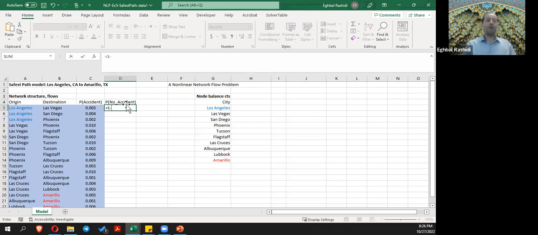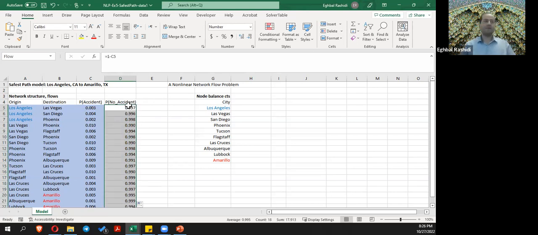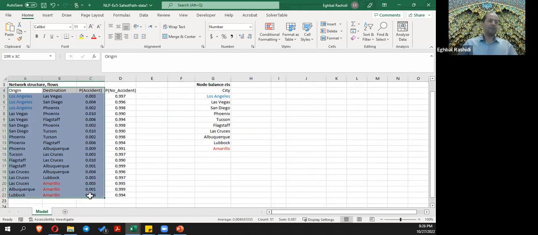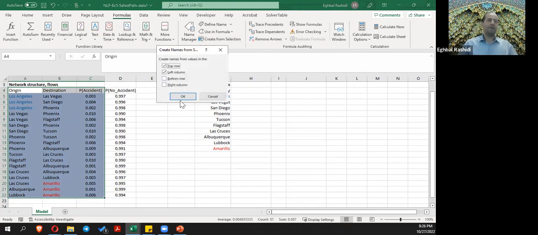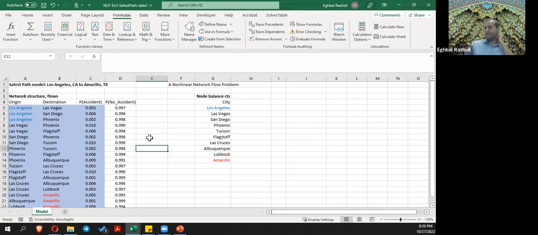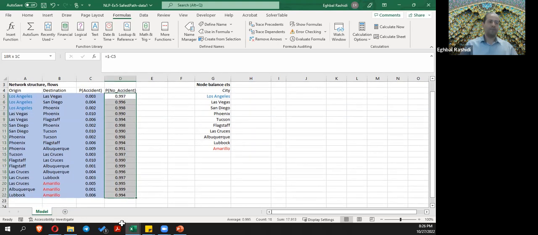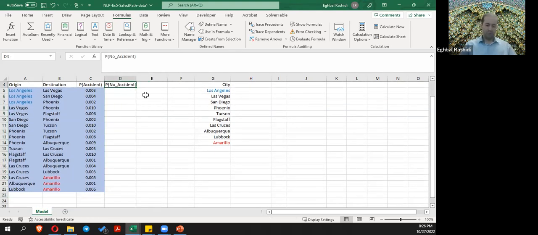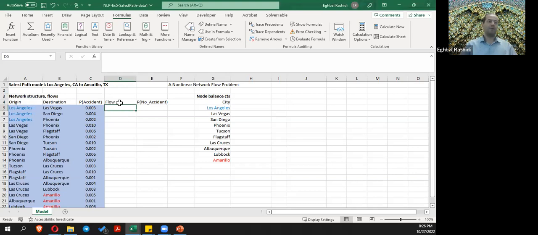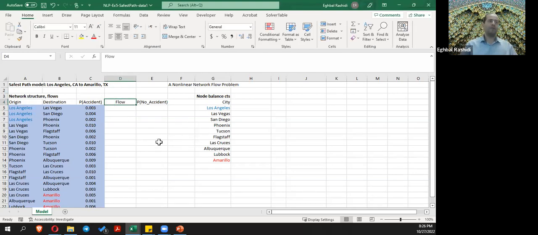And that's just going to be 1 minus these values. So I'm just going to drag this down, and it's going to be our values here. Let me go ahead, and before I do that, I'm going to name these. Not left, upload, and I actually want this... get rid of this, and I'm going to move this here so I can put the decision variable, which is our flow here. So flow here,